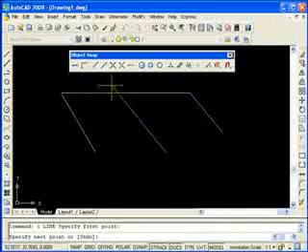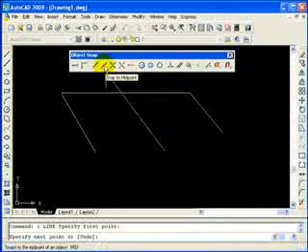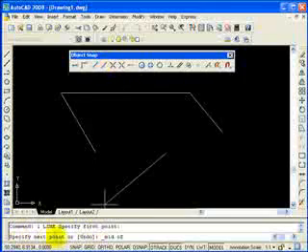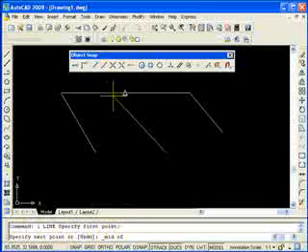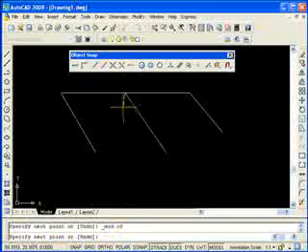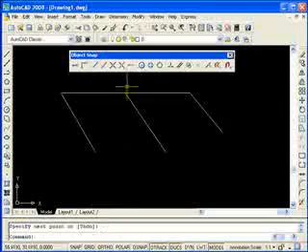And then this time I'm going to go to the midpoint object snap, or snap to midpoint. I'm going to click that. Now it says specify next point, and it's saying midpoint of. As I get close, my midpoint indicator comes up, which is a little triangle. And as long as I see that little indicator come up, I can click, and I know that I've hit